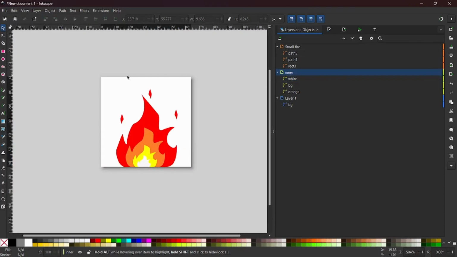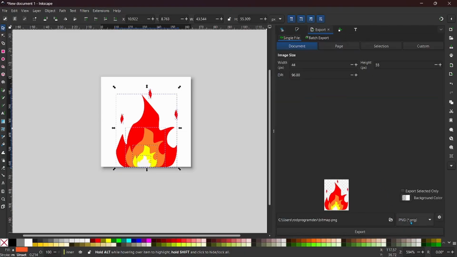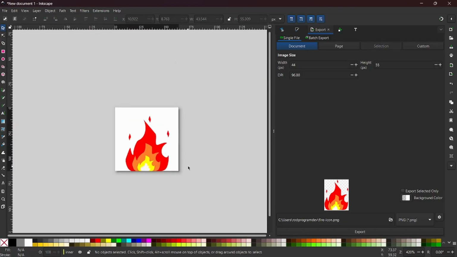And you can now go and export this. You can see that you want to export as PNG file. I'm just going to name this as fire icon.png and export. That's it for this video. Just a quick, short fire icon that we